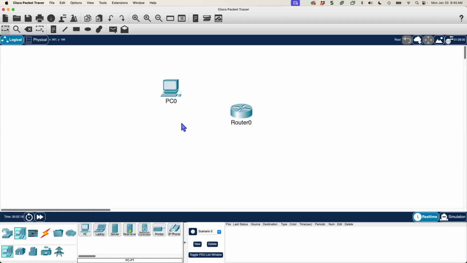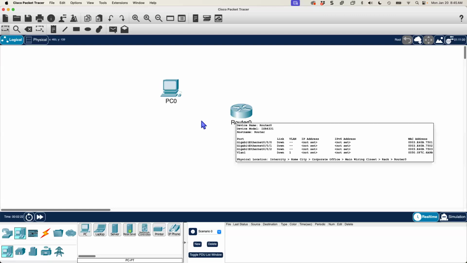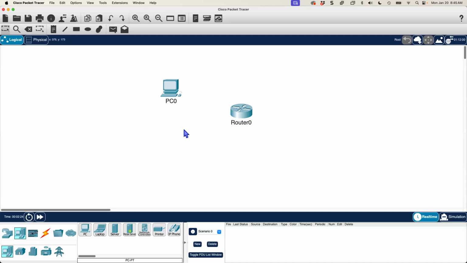The way I'm going to connect my computer to this router is just like what we would do in the old days, connecting to any computer. This computer here is going to act as a terminal. Remember, the computer is actually right here right now. Okay. So what I'm going to do is connect a rollover cable from my